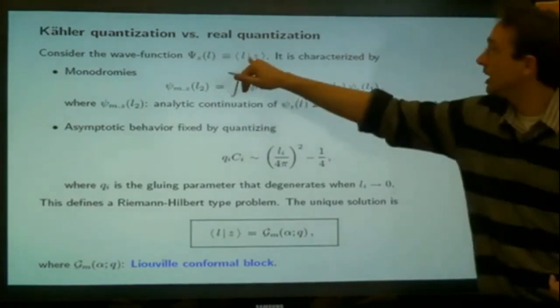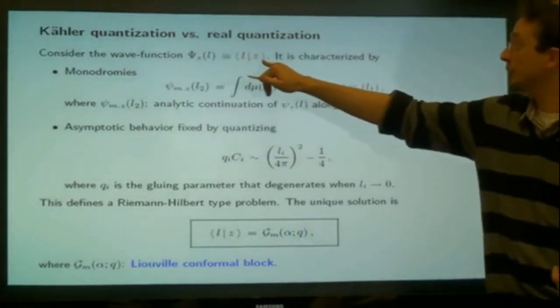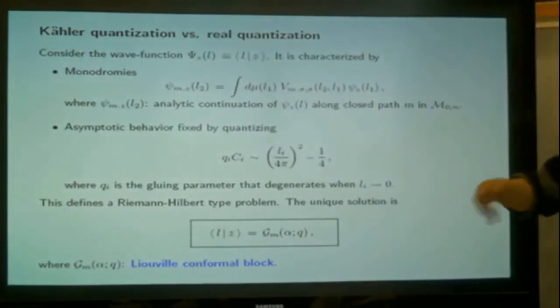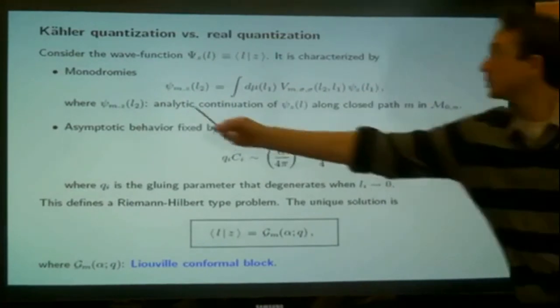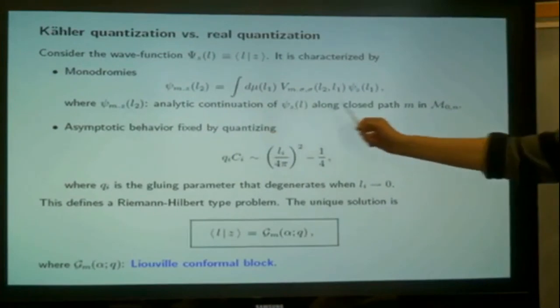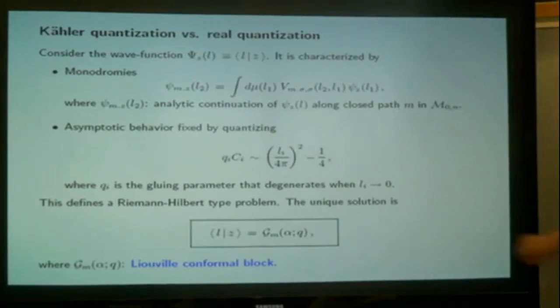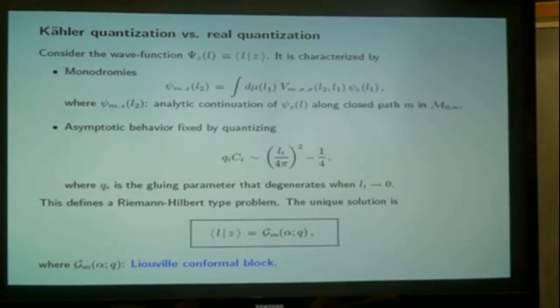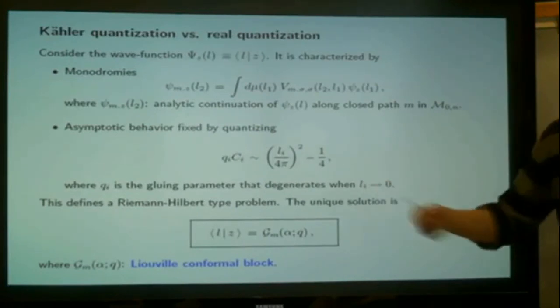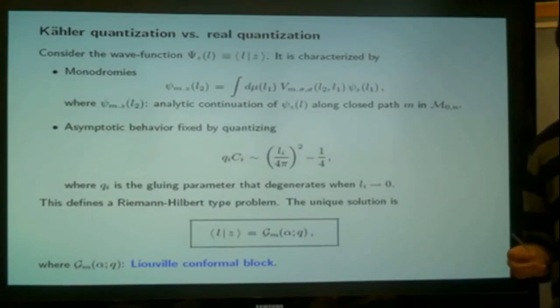Now, this guy, the overlap of the eigenstate of the length operator with an eigenstate of the position operator, therefore has to intertwine these two ways to describe the action. So here we have the analytic continuation of the wave function along the closed path, which describes an element of the mapping class group, and here we have the action described purely in terms of the length variables L. This is already a kind of Riemann-Hilbert type problem. I'm describing for you the monodromies of a multi-valued holomorphic function. Well, to get a unique answer, of course, I also need to control the